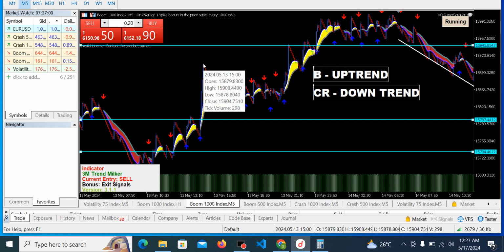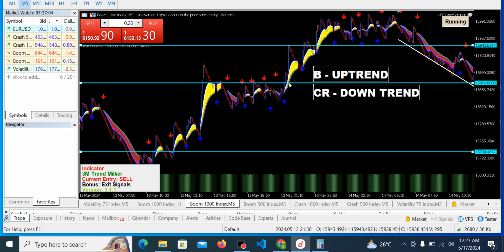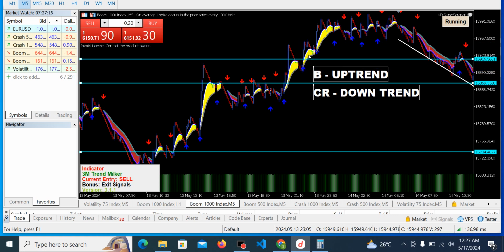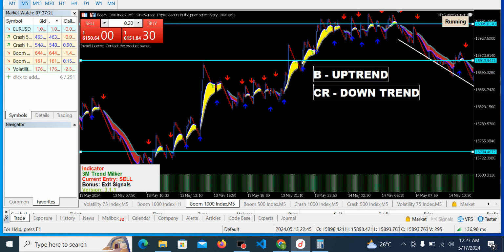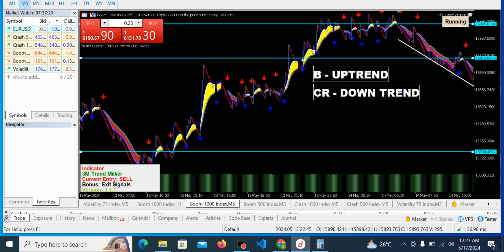Once it breaks out above the last high, then definitely you can adjust your stop loss to somewhere here to claim about 60 to 70% of your profit. So this actually came down again and of course spiked up, came down a bit and spiked up. Right now you still need to adjust your stop loss to claim more profit for yourself.